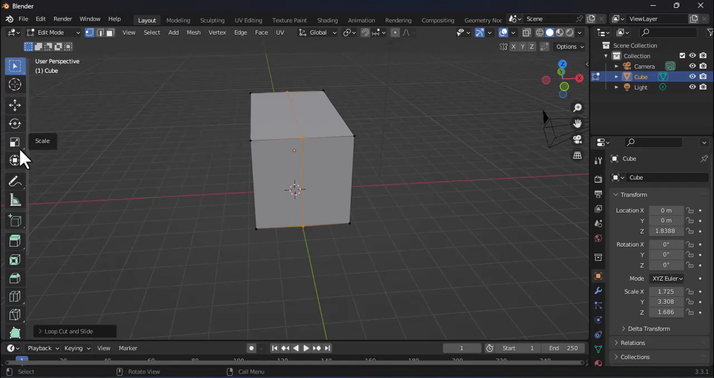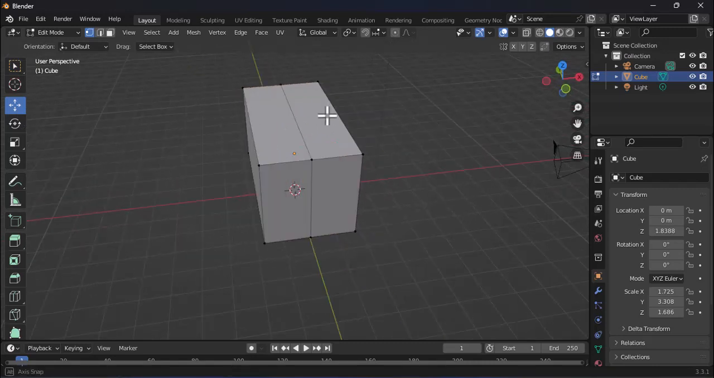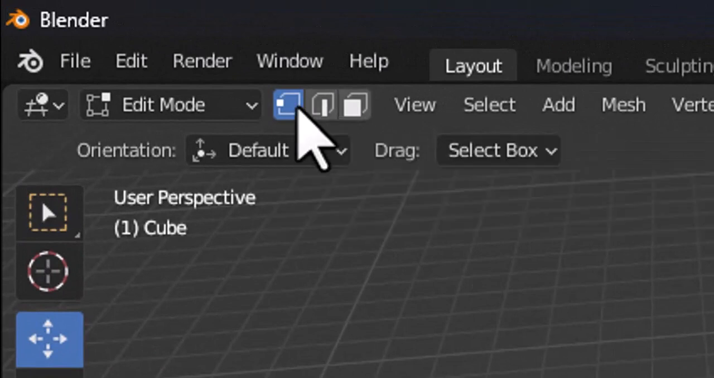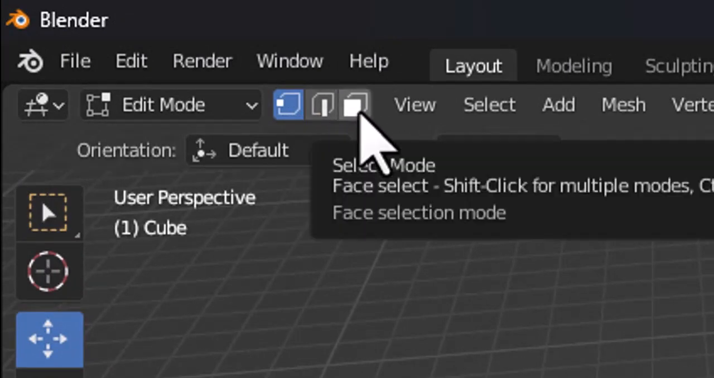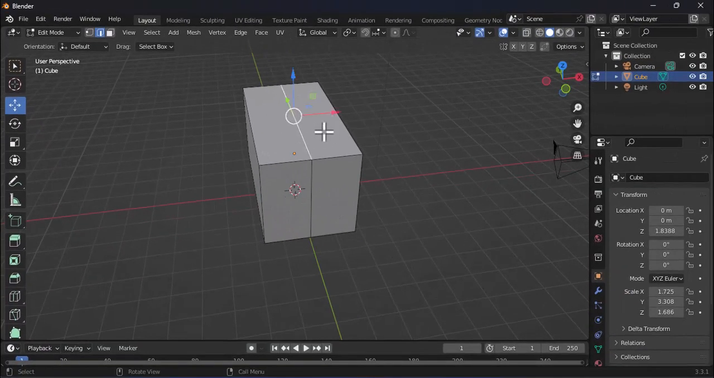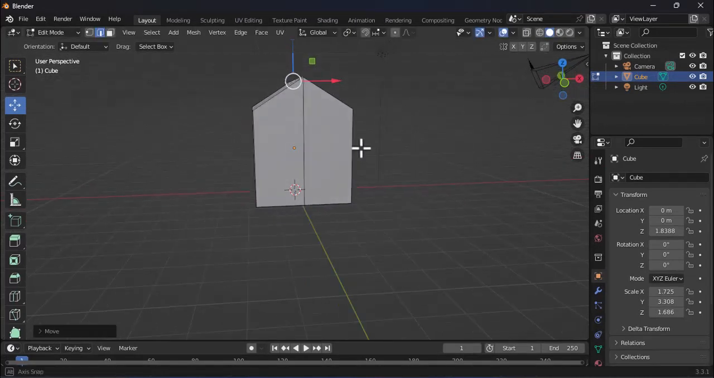So just use the move option here, just press the yellow line here, but before that we must change the mode into edge select. There are three options here: vertex, edge, and face. So we choose the edge select, and then we rebuild like this. Okay,